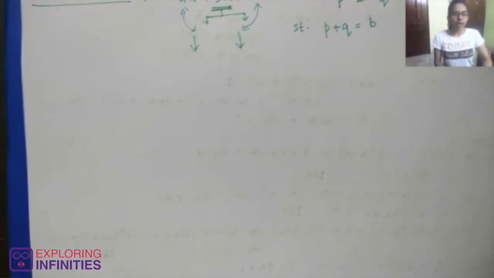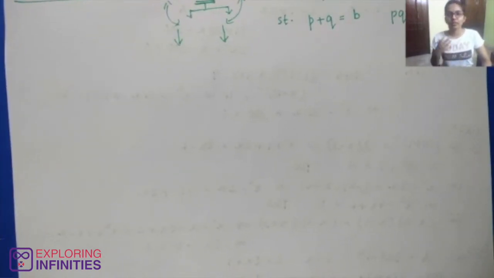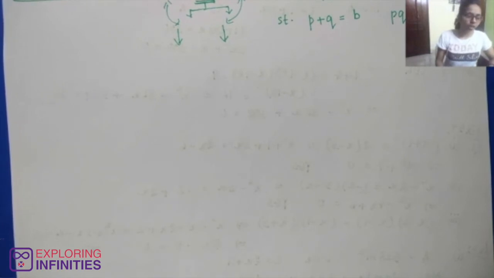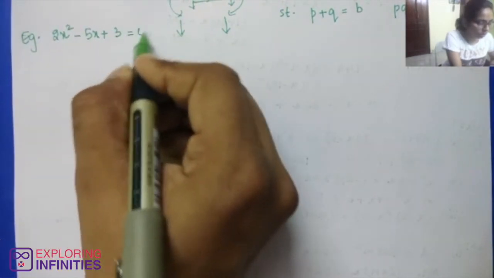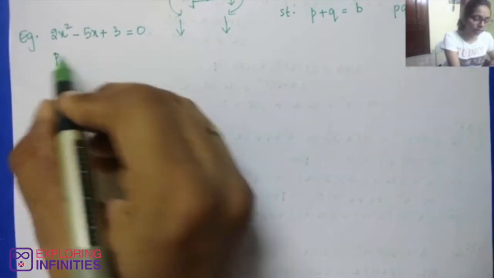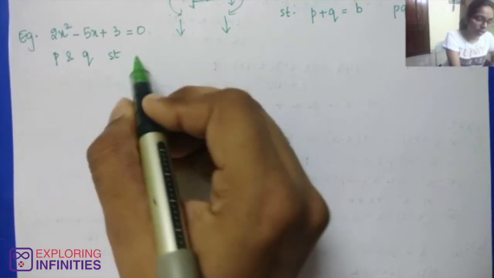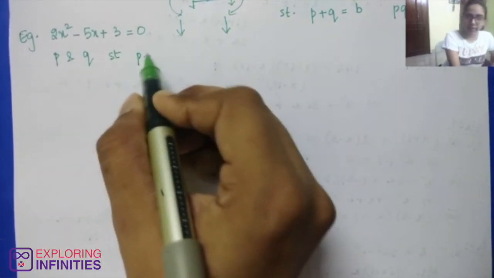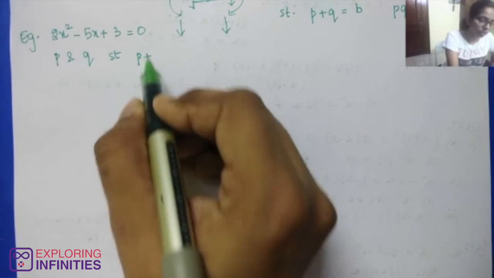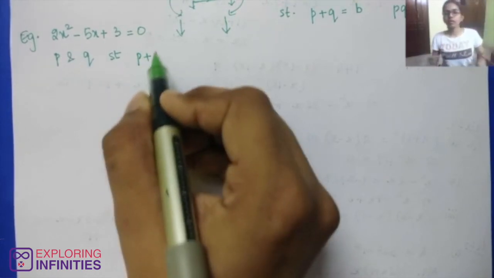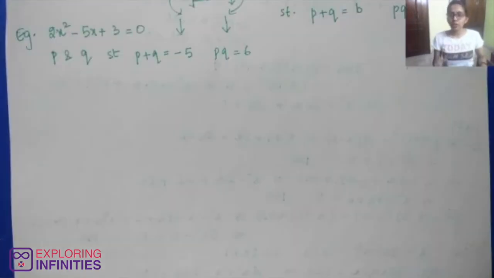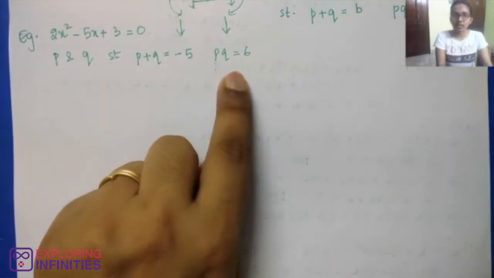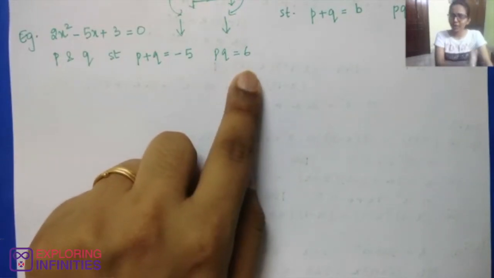So let's see how exactly we do that. We'll continue with our example 2x square minus 5x plus 3 equal to 0. So in that example, we had 2x square minus 5x plus 3 equal to 0. First of all, we have to find p and q such that p plus q gives you minus 5 and pq is giving you 6. So the first thing you'll blindly do is, just listen to me, trust me, the first thing you do is, whatever your product of ac is, that is p into q equal to 6,